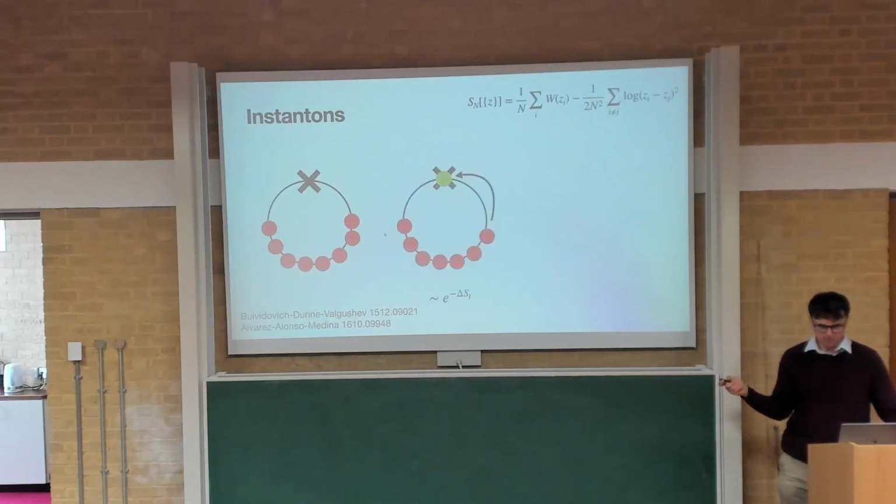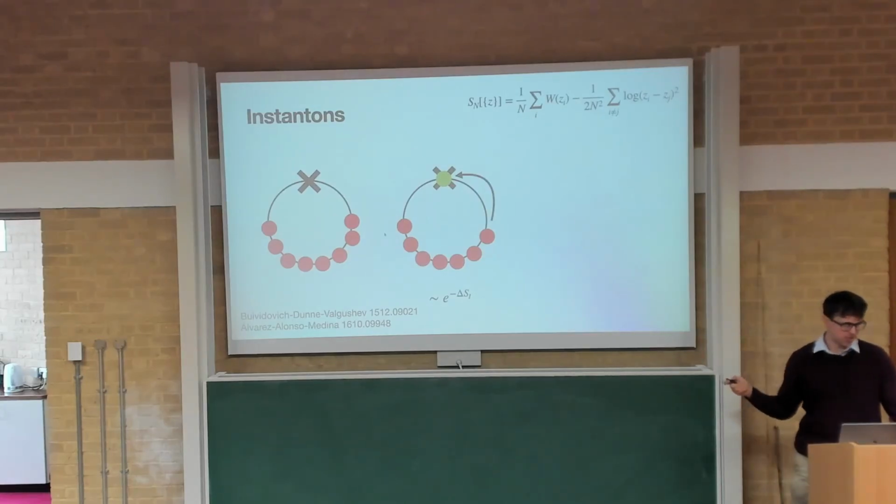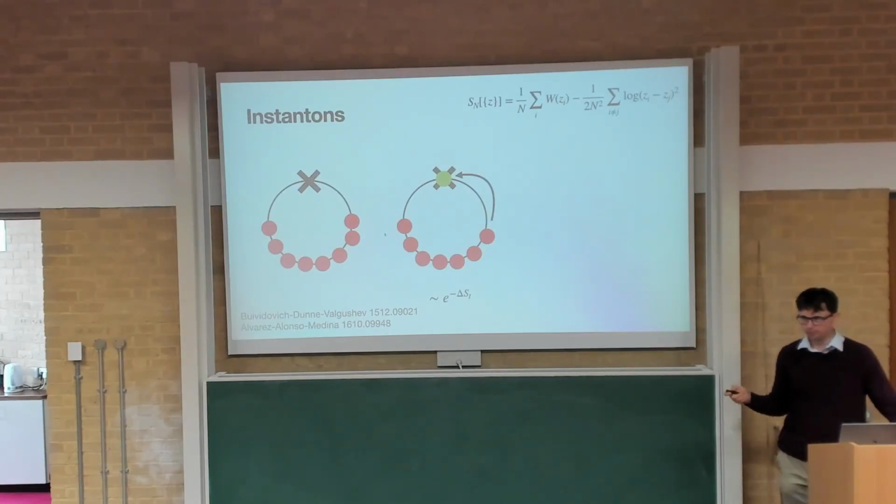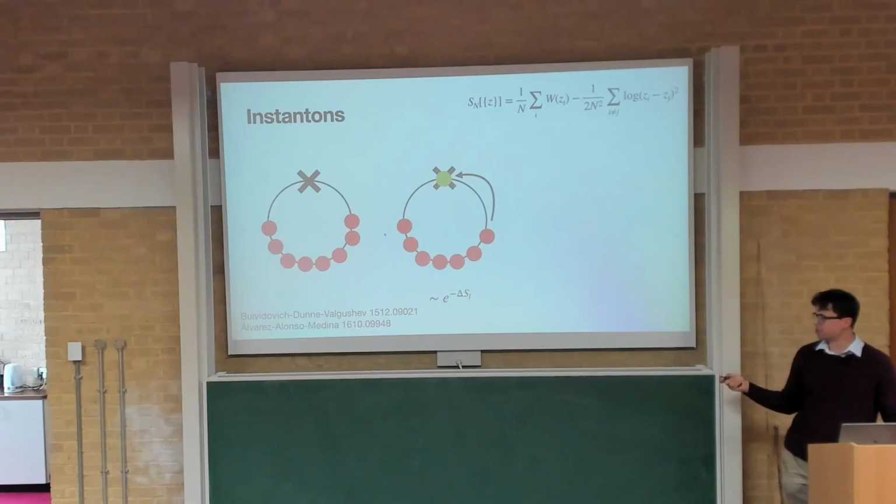It turns out the eigenvalues themselves can tunnel to another stable point. So this point on the circle is always stable. If you imagine the 2D Coulomb gas picture, you can imagine that it's getting symmetrical repulsion from all these eigenvalues, and so this point will always be a stable state. And to the partition function, it contributes an exponentially suppressed amount.